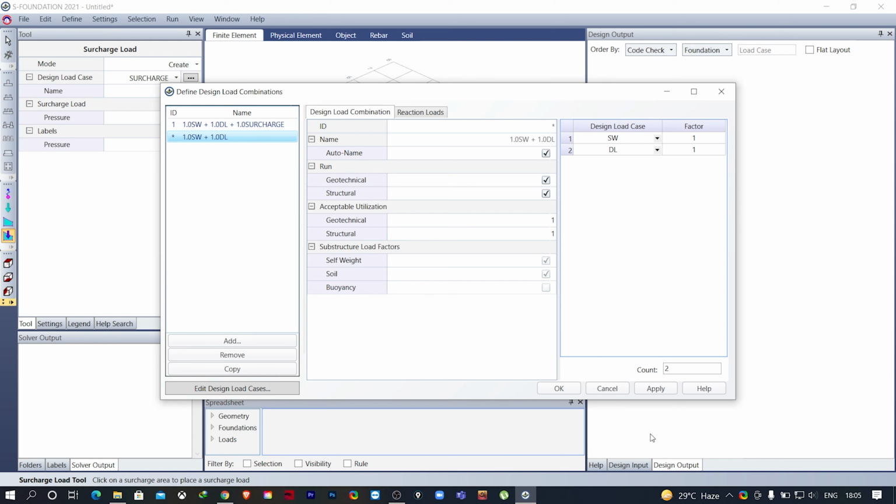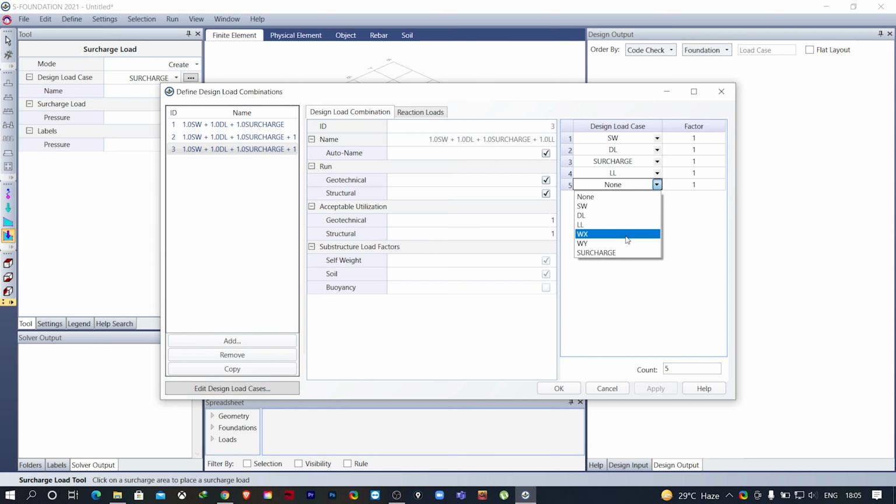Now here I will consider 4 load cases: all the dead loads, surcharge load and live load also with factor 1. Then I will make a copy of this. I'll apply here. I'll make a copy of this, and here I will add another load case for the wind load. So count will be 5.